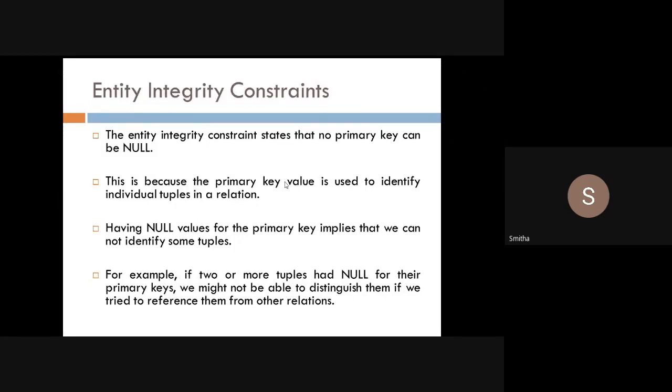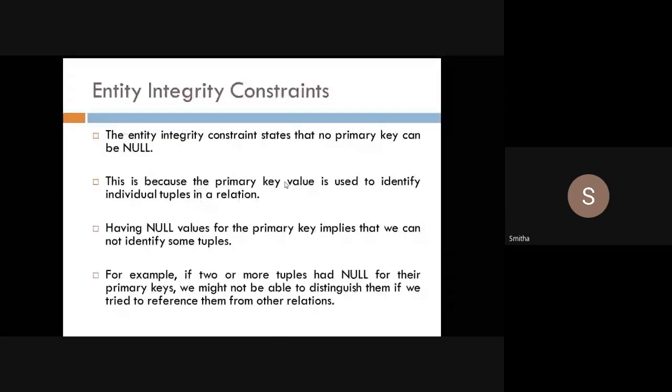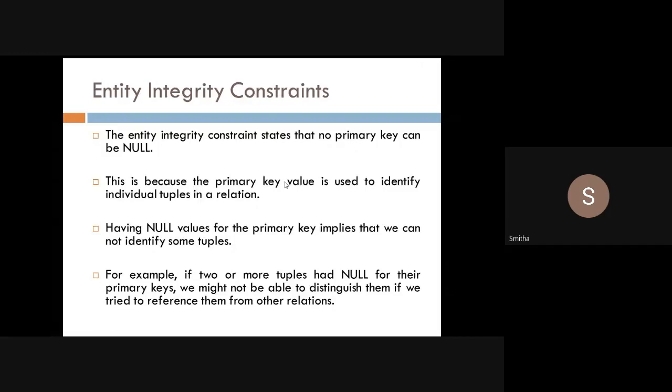Based on whatever I have discussed, you know that a primary key cannot have similar values for two different instances, right? But now we have one more constraint, that is, a primary key cannot be a null value, because we know that a primary key will uniquely identify any particular tuple or instance, right? Now if I don't have any value for that, then what is the meaning of that?